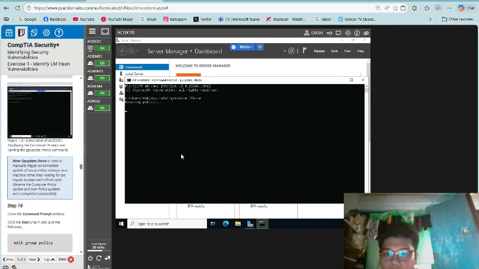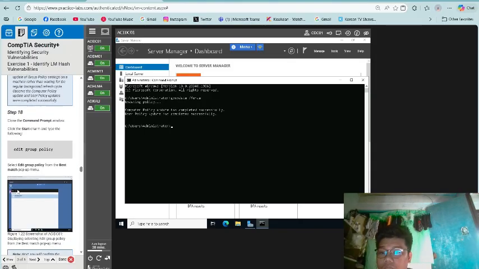Then hit enter. Note, gpupdate /force is used to manually trigger an immediate update of group policy settings on a machine rather than waiting for the regular background refresh cycle. Observe the computer policy update and the user policy update were completed successfully.